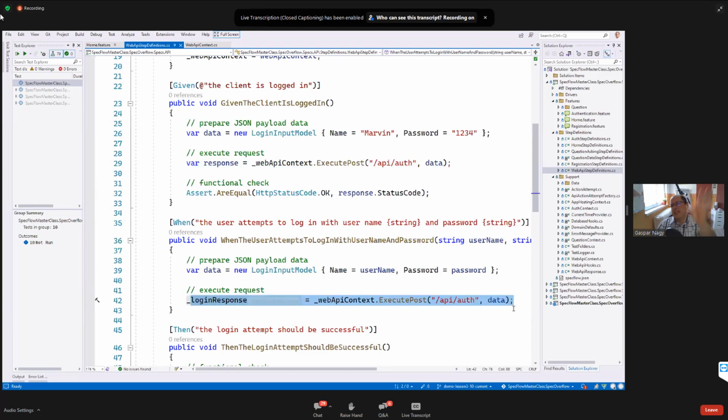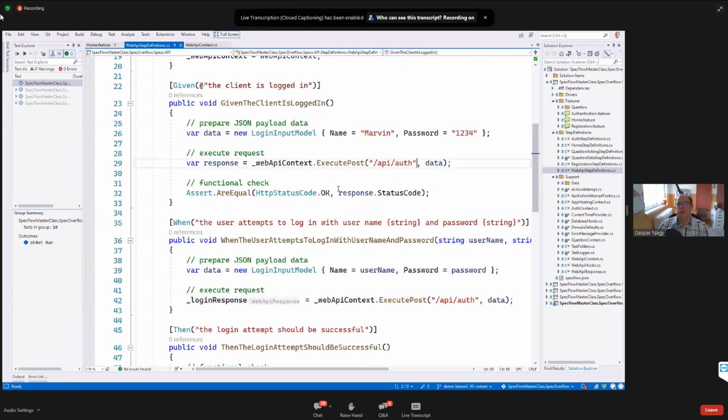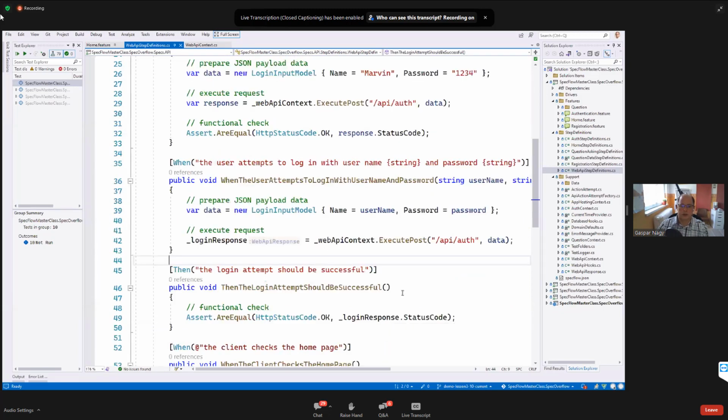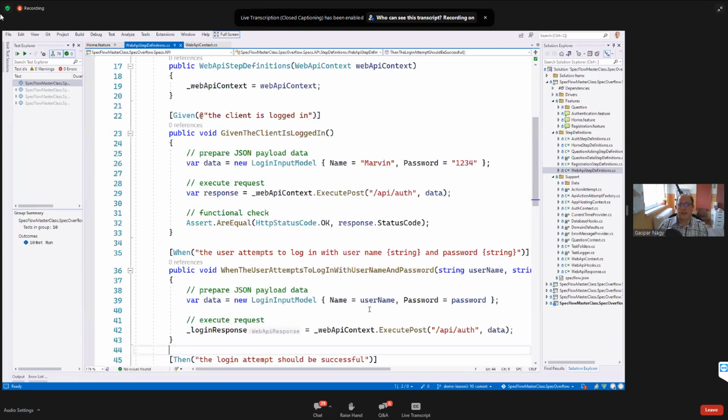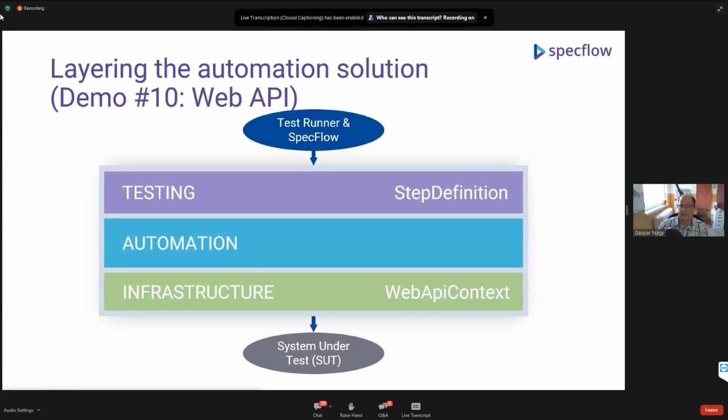I mean, this is still a very small code base, but as you can see, this logic of what is the endpoint, what is the good status code, these kinds of things are starting to get replicated into the code base. That wouldn't be good. What we would need to do is go further, because these step definitions are still too heavy. We would need to extract somehow the automation logic